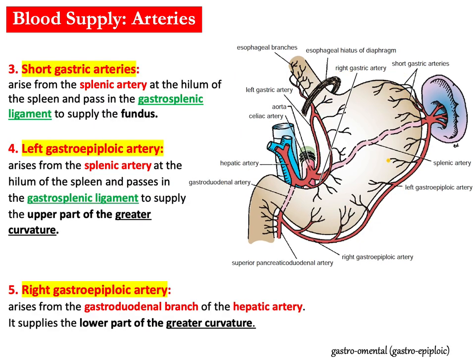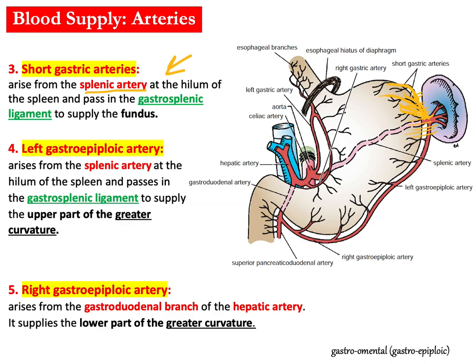So yes, we finished the short gastric arteries, branches of the splenic artery, and we forgot to mention, you know, that the spleen is connected to the stomach by part of the greater omentum, a ligament called the gastrosplenic ligament, a ligament between the stomach and spleen. So these short gastric arteries pass